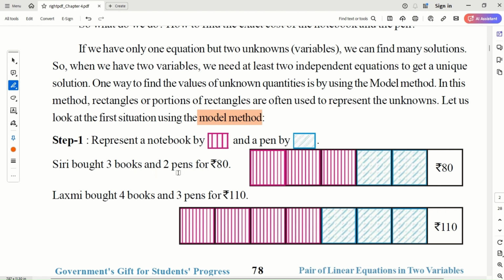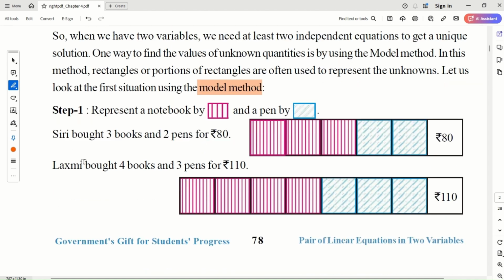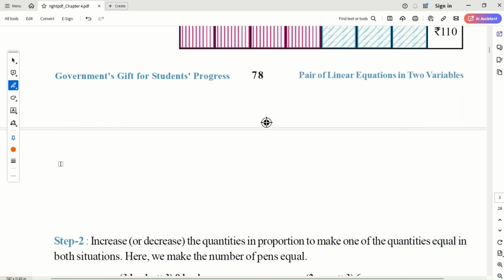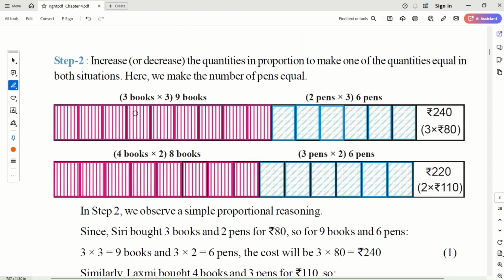Now we know that three notebooks and two pens are 80 rupees, like this. Then four notebooks and three pens are 110 rupees. Now we will try to keep either the pens or the notebooks the same, by doubling, tripling, whatever we do. So what we will do is